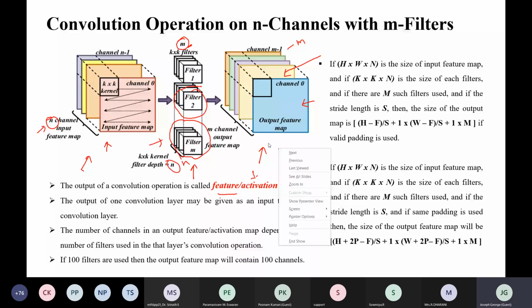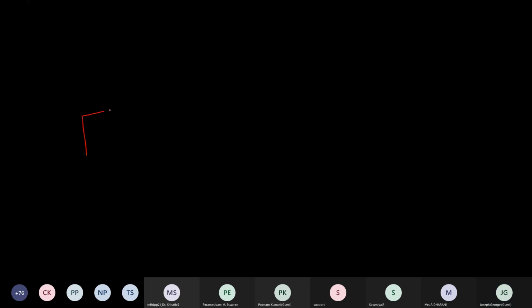So in general, what happens if the height of the input image is m and the width of the input image is n, and the number of channels is 3? I am talking about the first convolution layer.